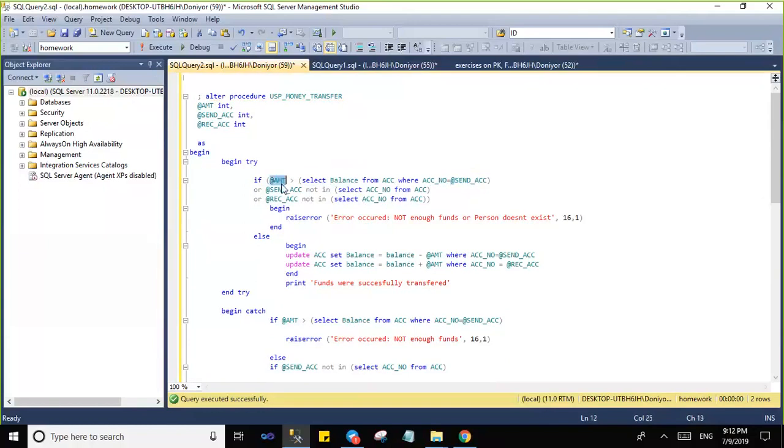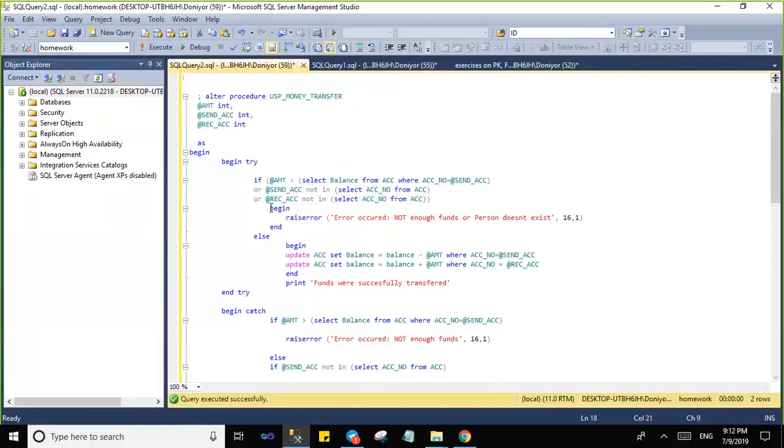If the amount you're providing is more than the balance of the sending account, or the sending account is not in the accounts, select account from account table, or the receiving account is not in the accounts,